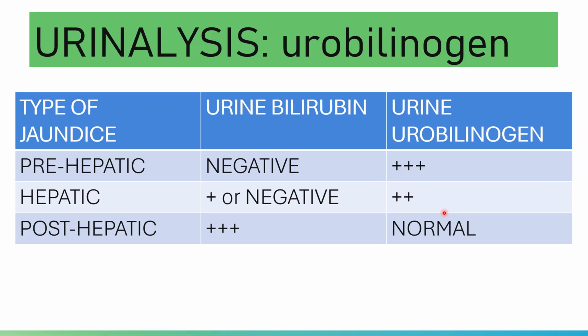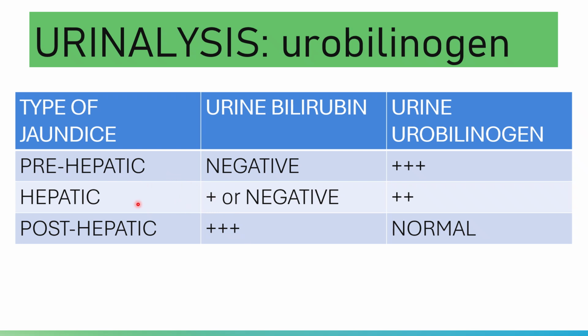Okay, that is for your hepatic, post-hepatic, and whatsoever. But then, let's add your fecal color. Okay, normally you have a dark urine, and a dark fecal color. In case of bile duct obstruction, post-hepatic jaundice, the feces is pale. In case of prehepatic jaundice or hemolytic anemias, the stool color is dark.